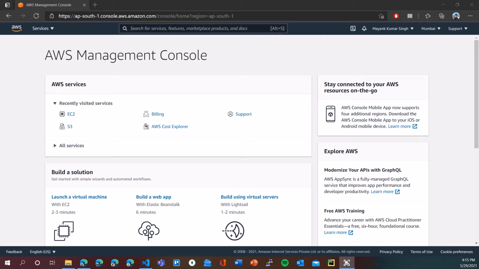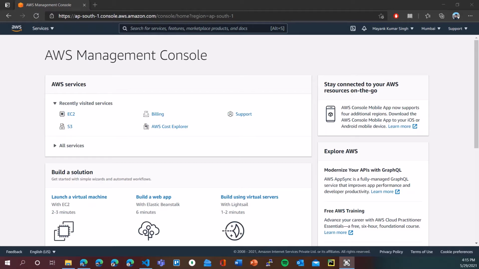Hello everyone, in today's session we learn about how to deploy our Angular project along with the Flask API on AWS. Even if you do not know Flask, the code which I am going to write is going to be pretty simple. We are just going to create an API which returns a string and then show it on the console. So that is what we are going to do.